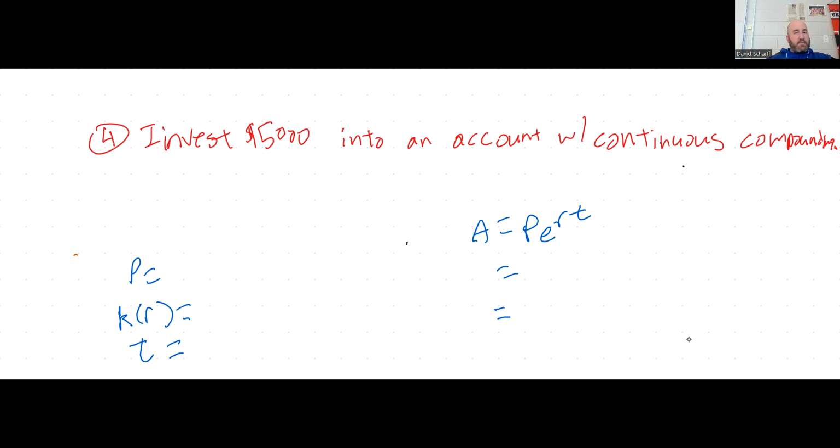So you can have compounding monthly, you can have compounding daily. And this continuous compounding is actually going to give you the most money if you're investing. I can't honestly tell you an actual example of an account that y'all could go get right now that has continuous compounding, but in theory, okay? So I invest $5,000 into an account with continuous compounding. And then we're doing this over years. My interest rate